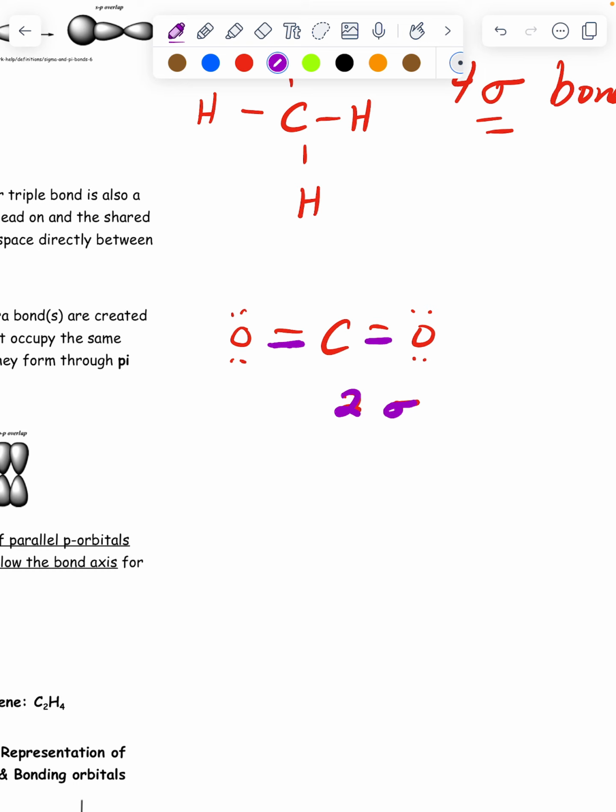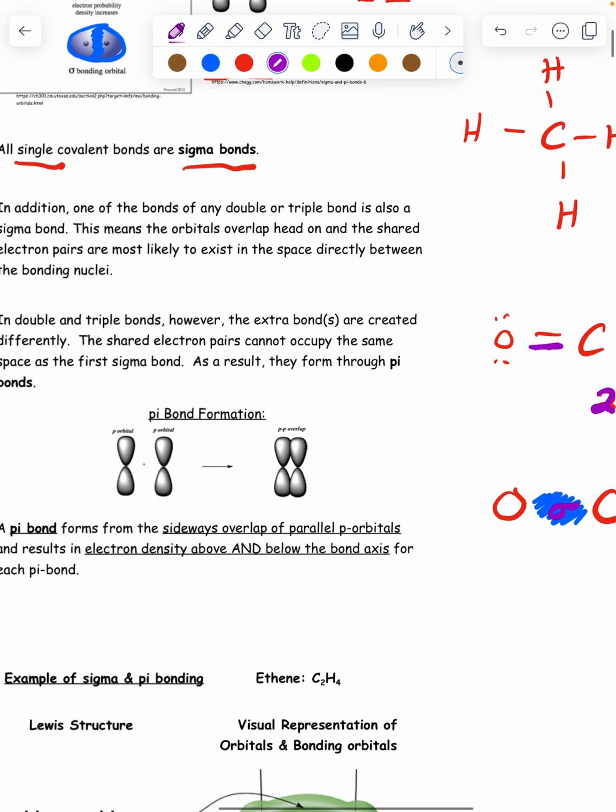But if you think about the carbon overlapping with the oxygen, if they have electron density right between them with the first sigma bond, and then you have the other oxygen over here, and there's electron density with the second sigma bond there, then where do the second bonds go? Because we know electrons repel each other, and so if you have 2 electron pairs between each carbon and each oxygen, they each need to sort of find their own location to exist in, where they're not going to repel each other so much. And so the idea behind where the next bonds go is with something called a pi